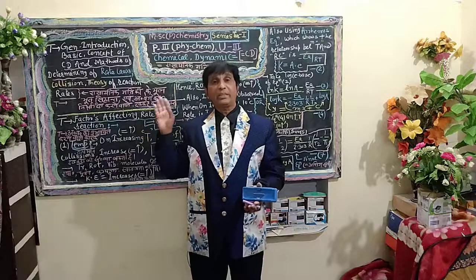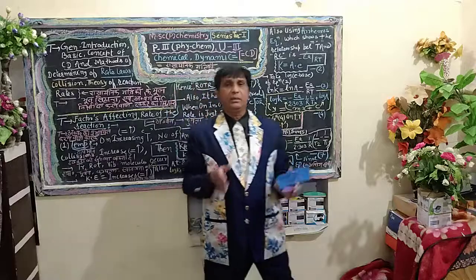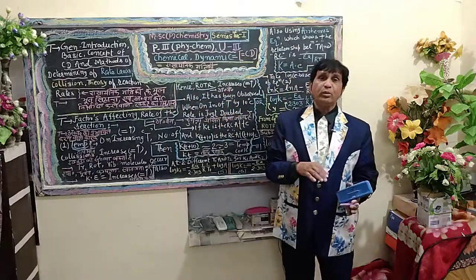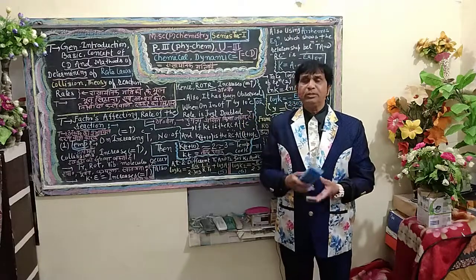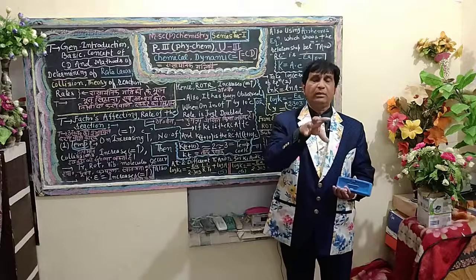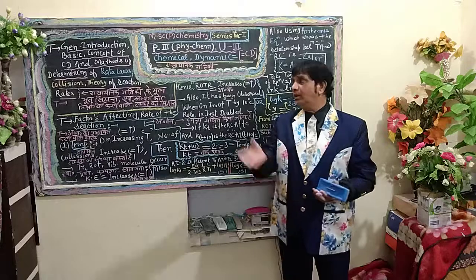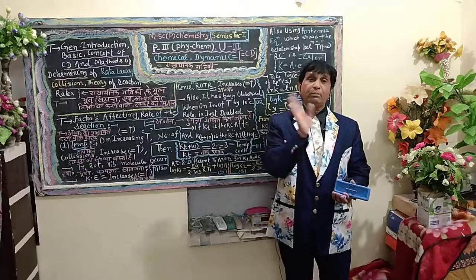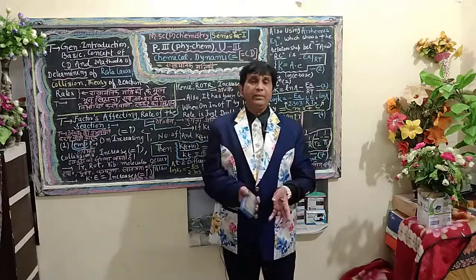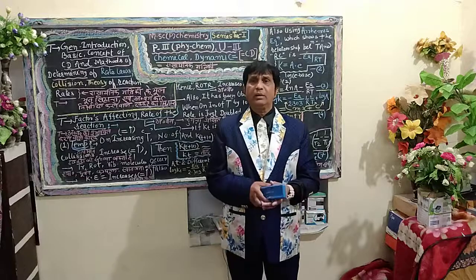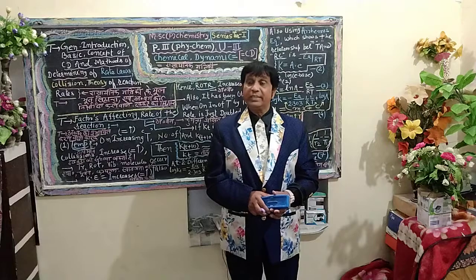Suppose 1 mole of N2 reacts with 3 moles of H2 to produce 2 moles of NH3. There, the number of moles is directly multiplied when you calculate the velocity of the reaction in terms of moles. The number of moles will be mentioned and multiplied in terms of fraction, with a negative sign for the reactant and a positive sign for the product. So these were the calculation formulas for the velocity of the reaction in terms of moles here.